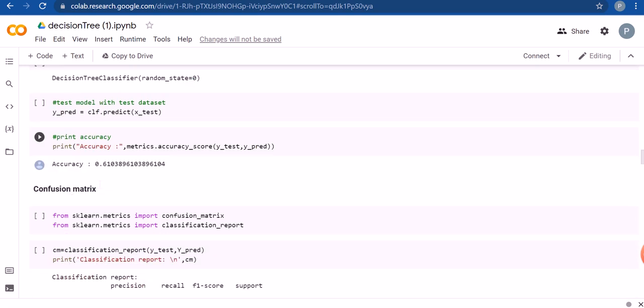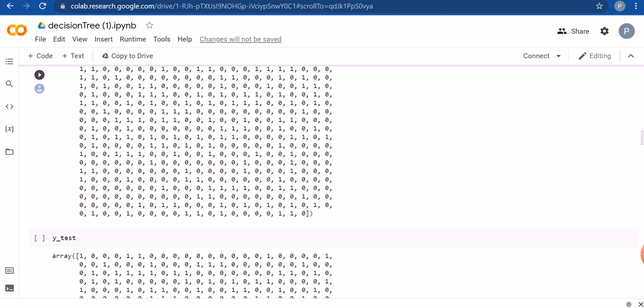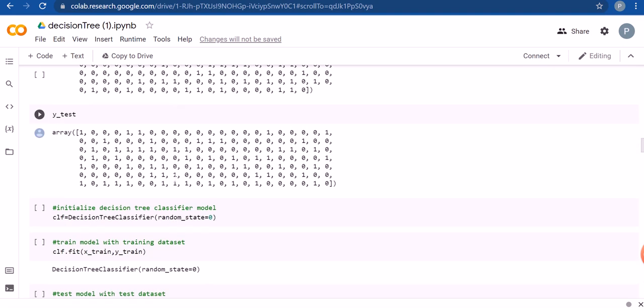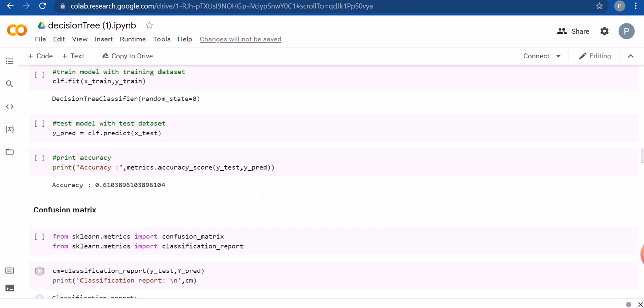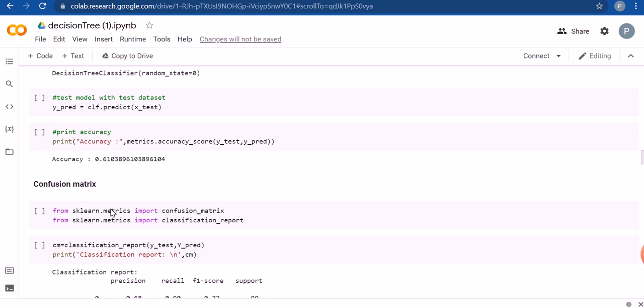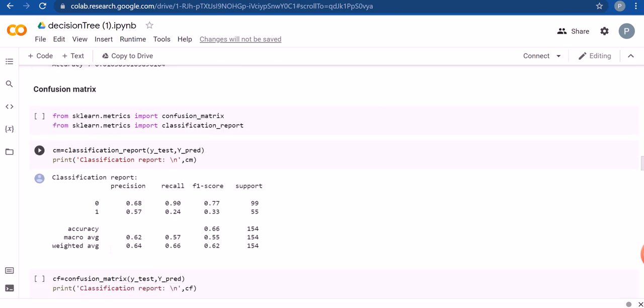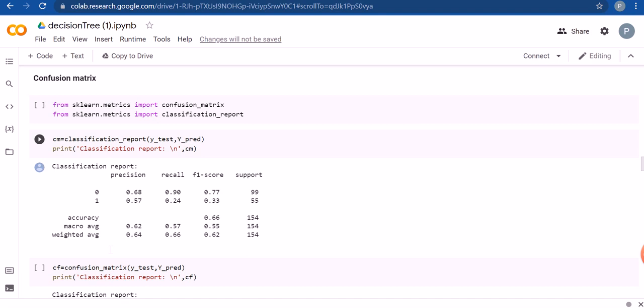Now further to check the accuracy, we will use the metrics.accuracy_score function to check the predicted values against the actual values, that is y_test, the 20% data, and y_predict, which we calculated just now. We can see that 61% accuracy is found. That is, if the data suggests that a person is diabetic, there is a 61% chance that the person is actually diabetic. Now using the confusion matrix, we are going to see the true positive, true negative,